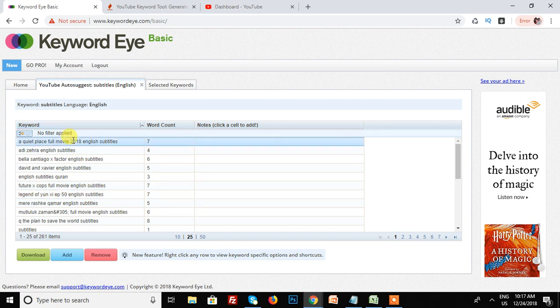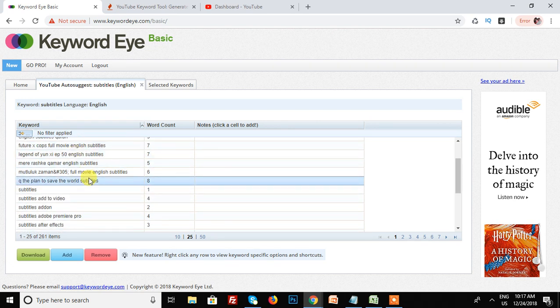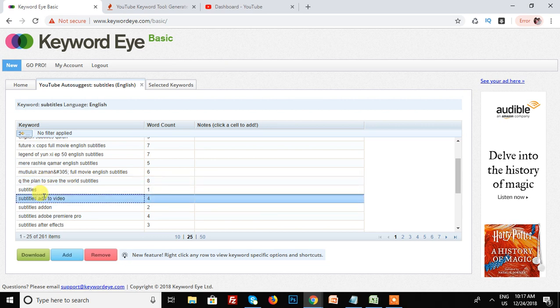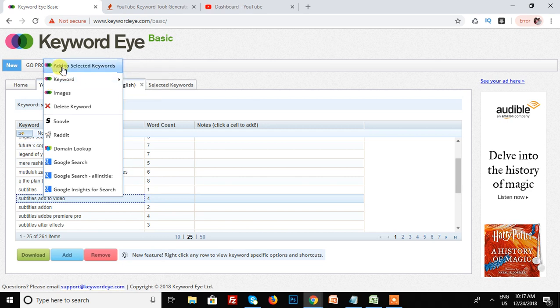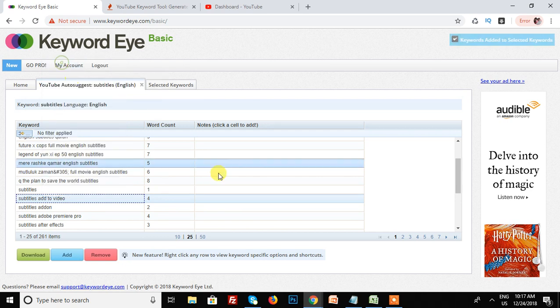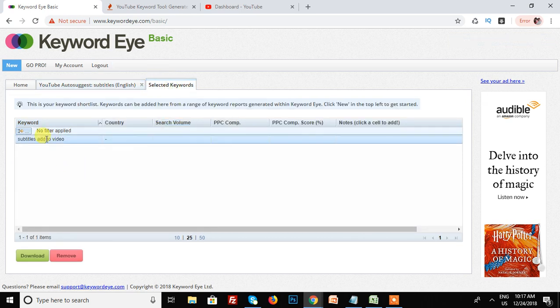All the keywords related to my YouTube video are given by Keyword Eye. I click on these and add to keyword selector. By this feature, all the keywords you selected come in this side.